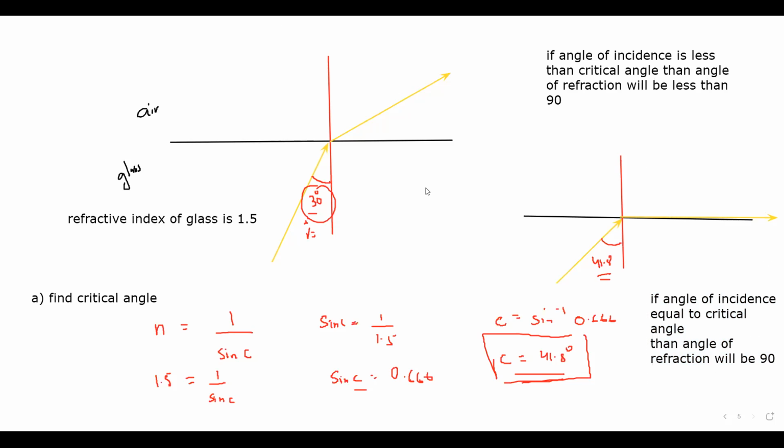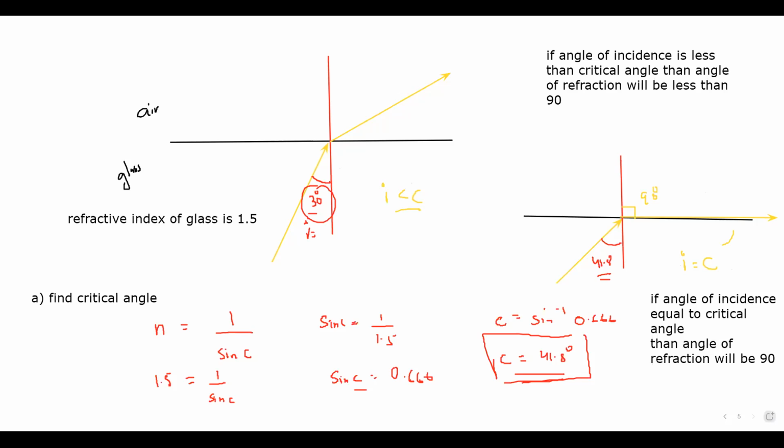So these are the possibilities. Then there is also another possibility. If the angle is more than the critical angle, then what will happen? The first possibility, the angle of incidence might be less than the critical, then a simple refraction will occur. The second possibility, the angle of incidence might be equal to critical. So if it is equal to critical, it will travel along the surface and the angle of refraction will be exactly 90 degrees. But if it is more than the critical angle, like the third possibility,